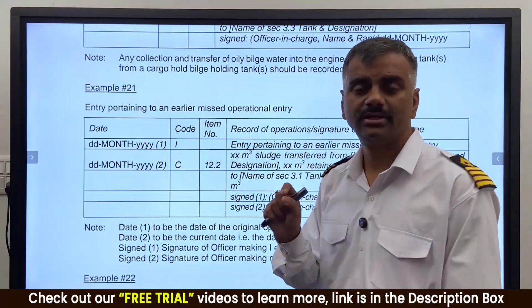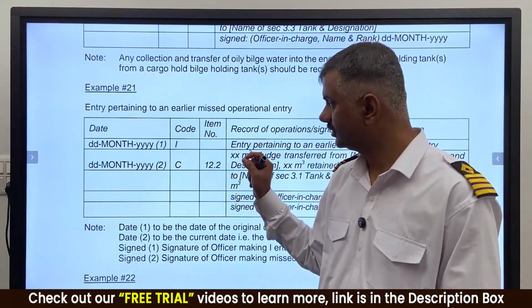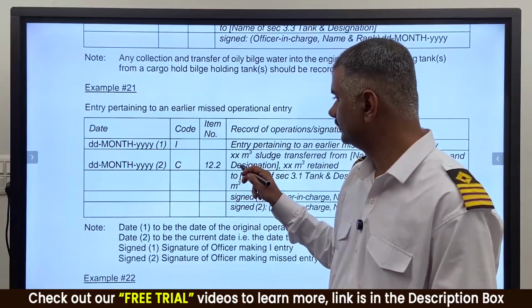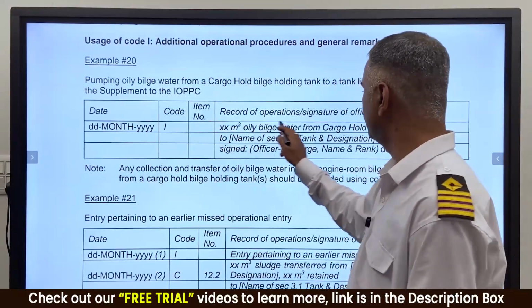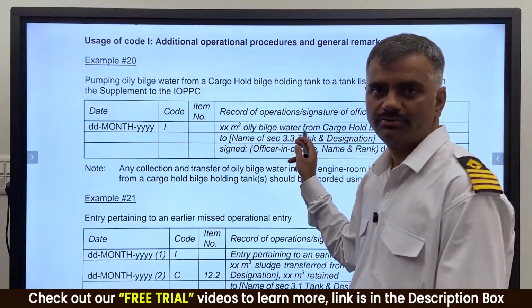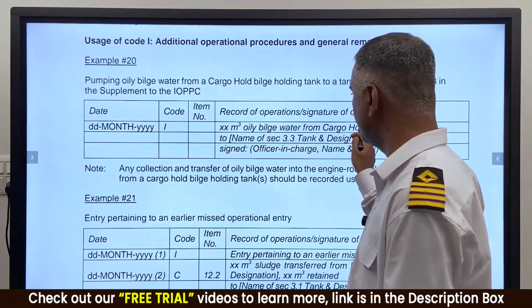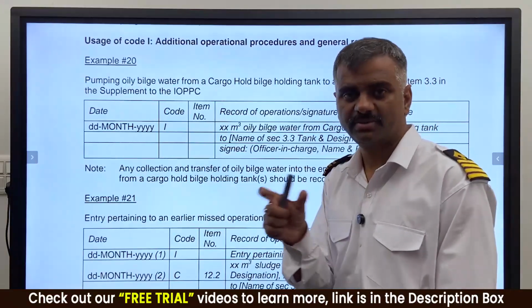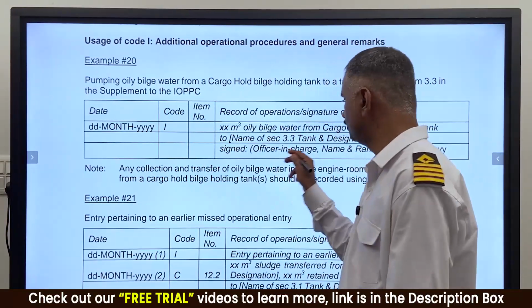Use the code I and write that an LOP was issued according to the lesser amount of fuel given. Under code I, the item number should be missing, and you mention that the LOP was issued for the bunkering entry. Just after the bunker entry you can mention how much oil is deviating from the BDN quantity, and you put your signature.